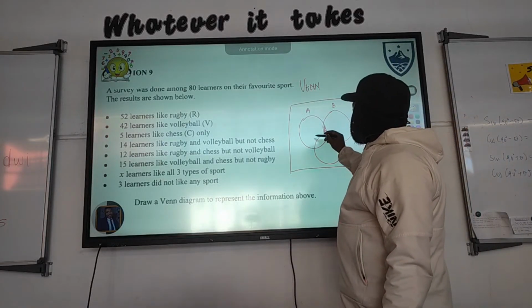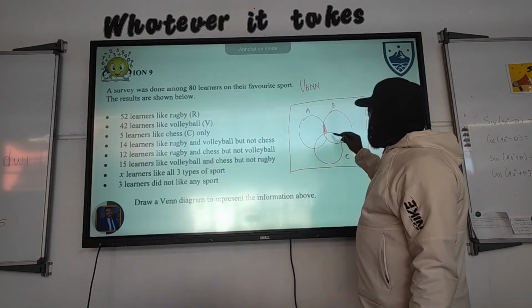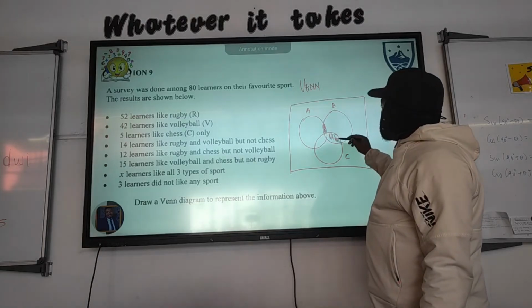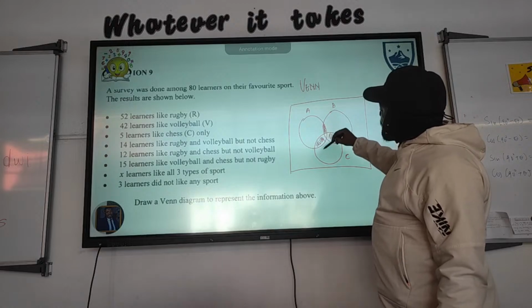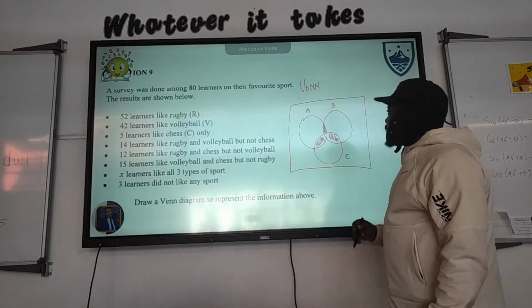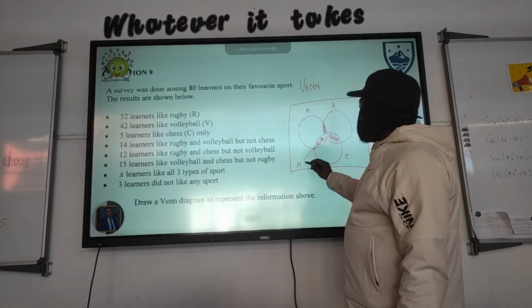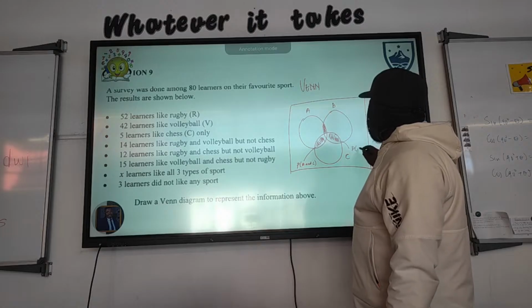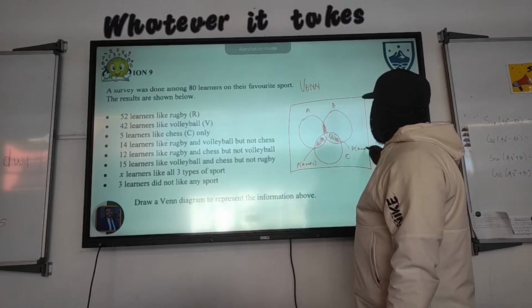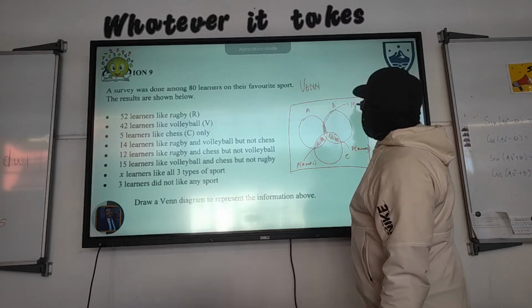This is A and B. This for A and B. And then this one will be for B and C, the intersection. And this will be for A and C. So the probability of A and C, the probability of B and C, and then this will be the probability of A and B,